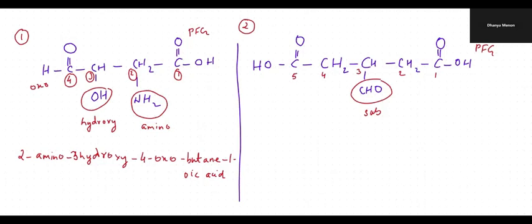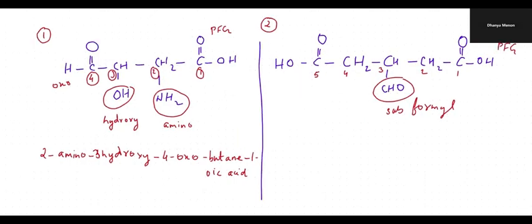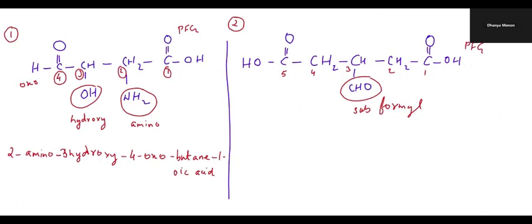In this case, you can see the aldehyde is the substituent, but we cannot number it. So if we cannot number the aldehyde, then we use the prefix formyl. If we are able to number the aldehyde, we use the prefix oxo. But if we are not able to number it, we use formyl. Okay. So the name of this compound will become